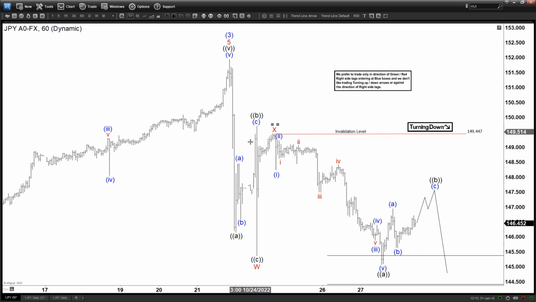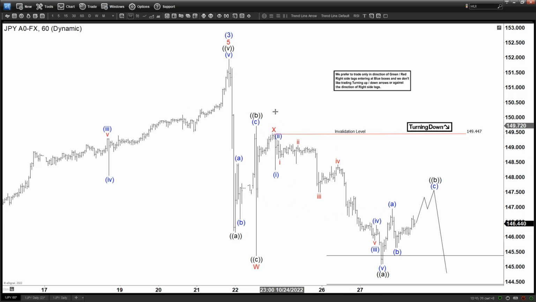We got a 5 swing, 1 2 3 4 5, and this is exactly what we call a double correction, or in this specific instance, this can also be called a double zigzag. And the reason is because the first leg here, the W, is a zigzag, and the second leg, the Y, is also in the form of another zigzag. This is A, B, and then looking for a C leg. So we're looking for an ABC down to finish the Y, and once that is completed, then that should end wave 4. And then because of the nature of the label here,